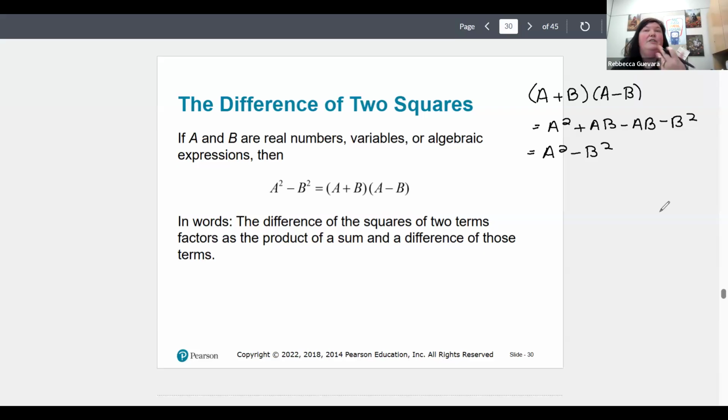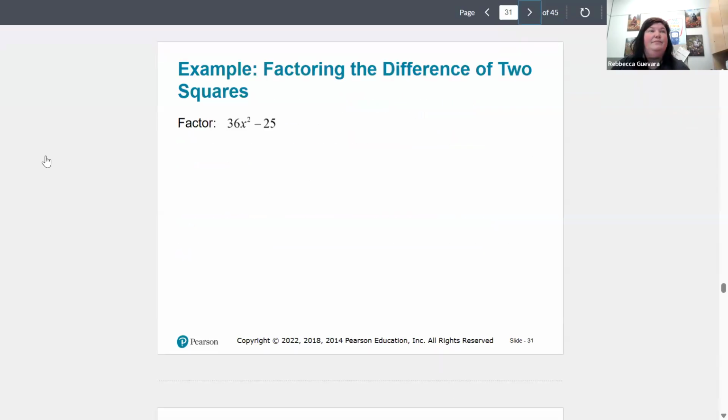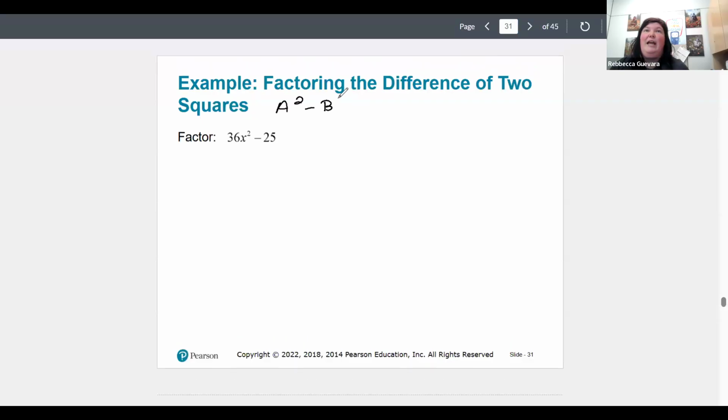So in other words, the difference of the squares of two terms factors into the product of the sum and difference of those terms. So let's go use that. We know if we see A squared minus B squared, and it has to be a difference, that comes from A plus B,